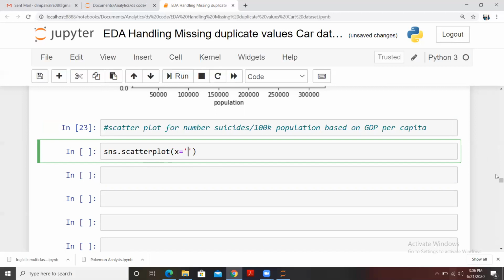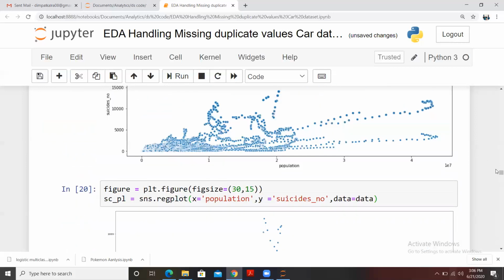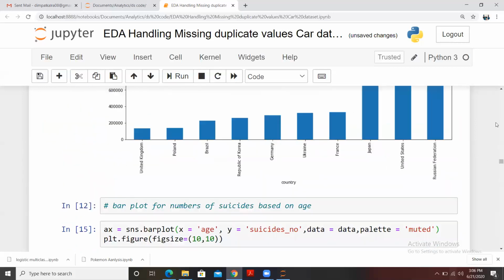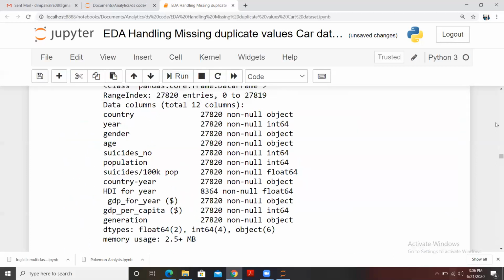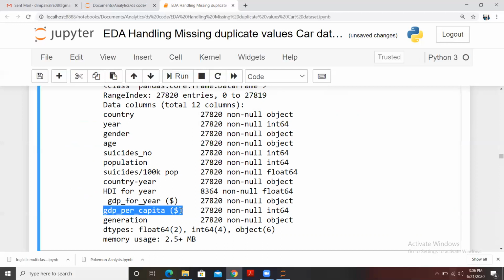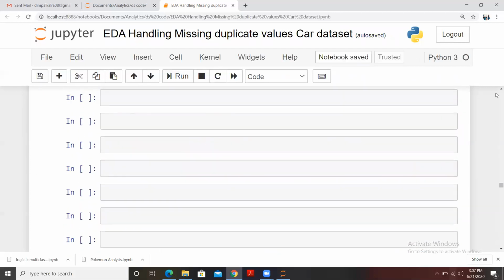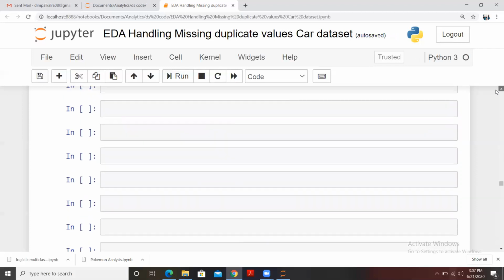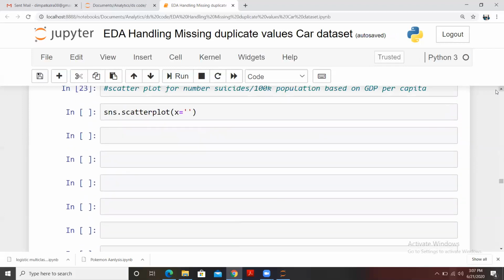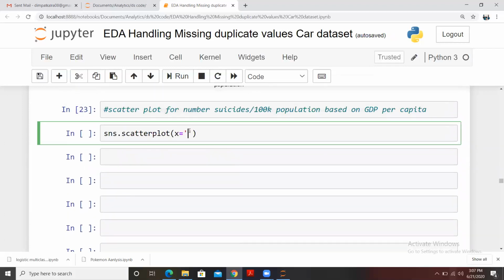Let me copy the name of the column, which is GDP per capita. You all know how to rename the columns as well. In case we have this type of lengthy name, we can replace it, or we can remove those extra spaces too.